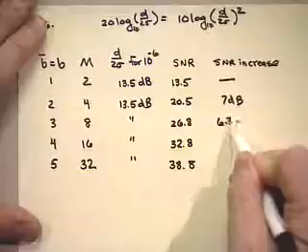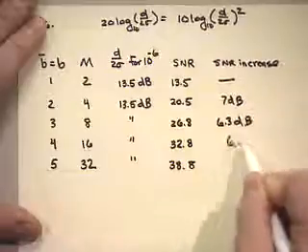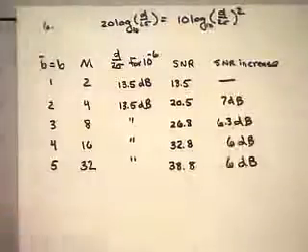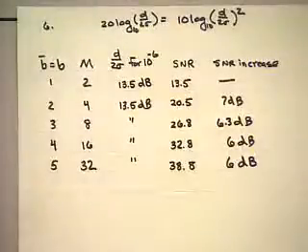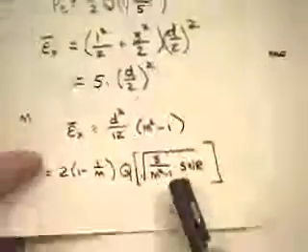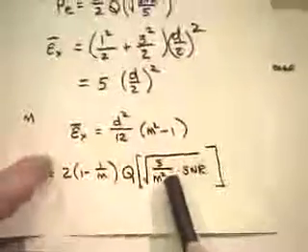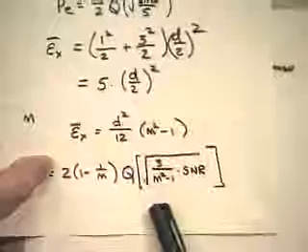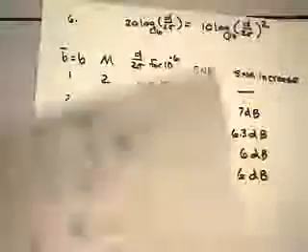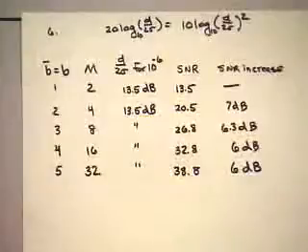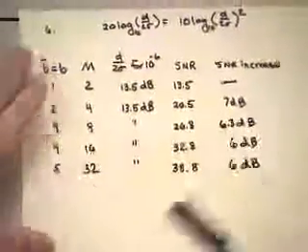Here I needed 6.3. And you'll see, if we were to continue this table ad infinitum, this number would always be 6 dB. It's basically 2 squared, or a factor of 4, and that falls out of the denominator here. The one term becomes so insignificant with respect to m squared that basically every time I double m, I get a factor of 4 here. That's the 6 dB increase. So you see this rule in PAM systems often quoted, not quite exact down at low levels, but I need